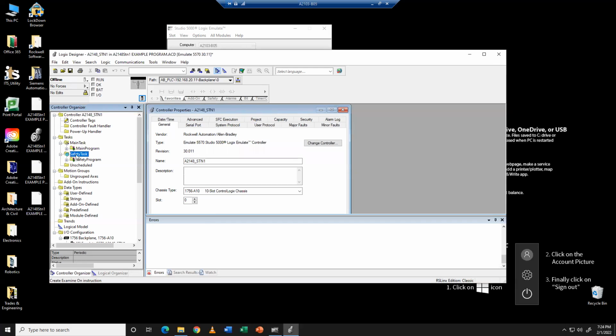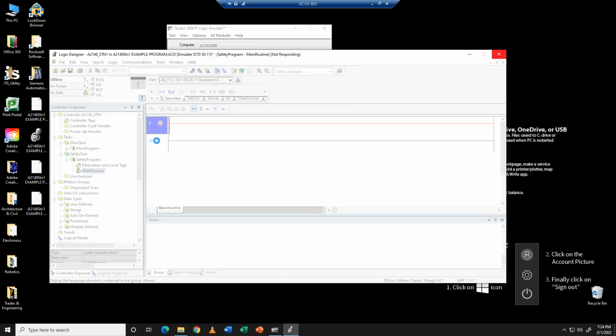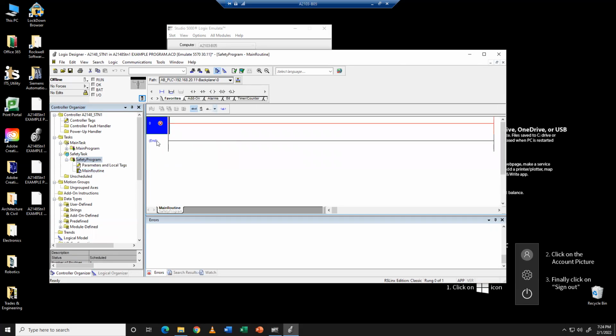because you can see here the controller you saw before had safety in it, and it was like a safety routine with some red stuff on it. This is neat. I kind of expected it to move it into an unscheduled routine, or even completely delete it, but it actually put it into a periodic routine, which was kind of neat. I didn't expect that, and now it's not responding. Oh God. Wait. Okay, so